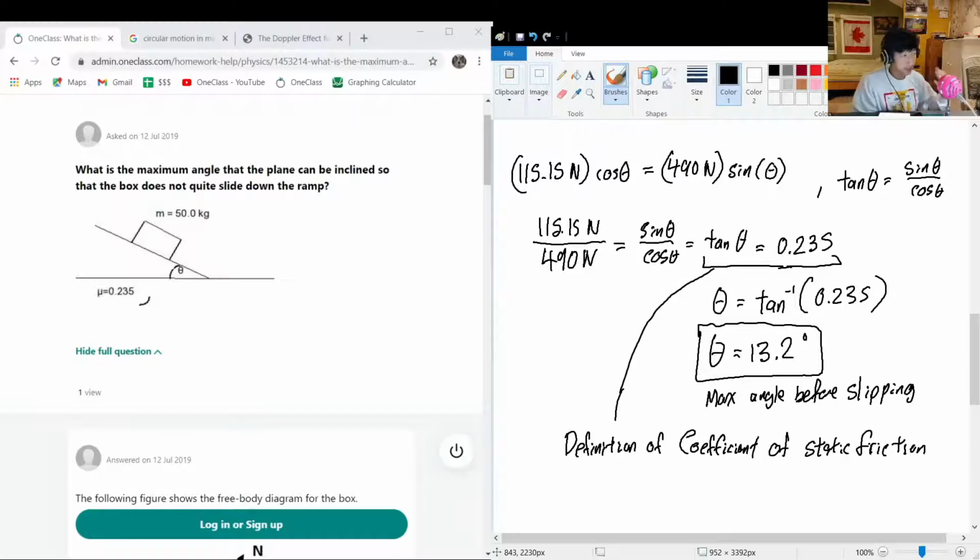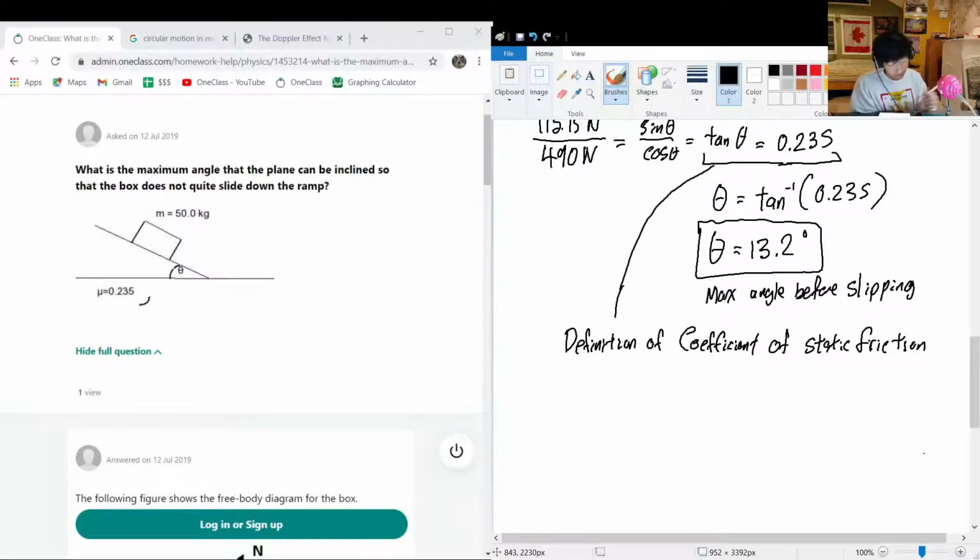Now it's important to specify the difference between static friction and kinetic friction or dynamic friction, but this is the definition of the coefficient of static friction. This is the tan of the angle